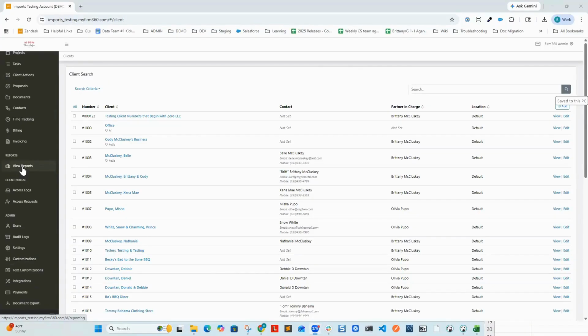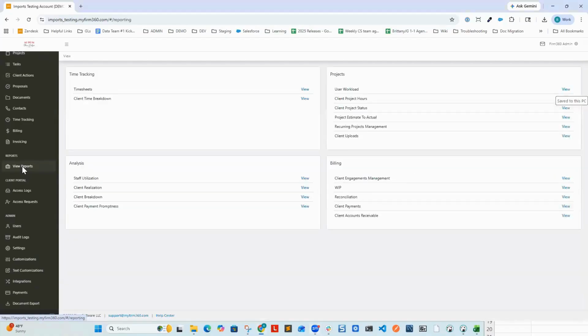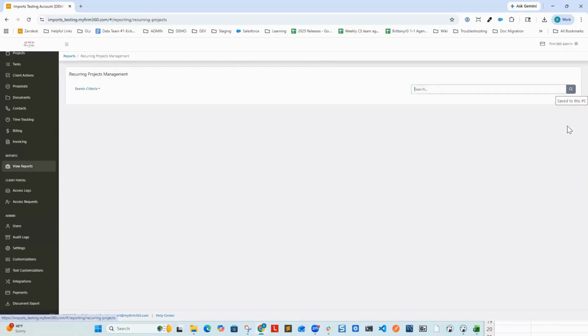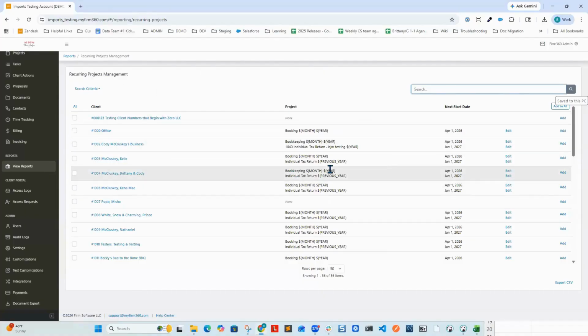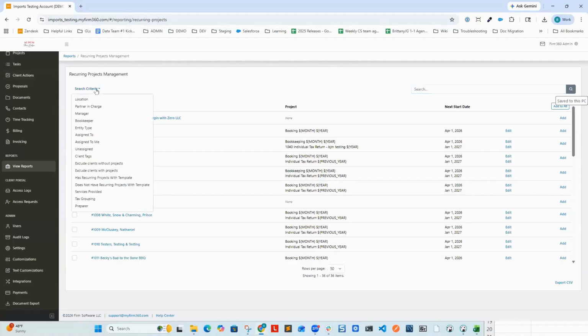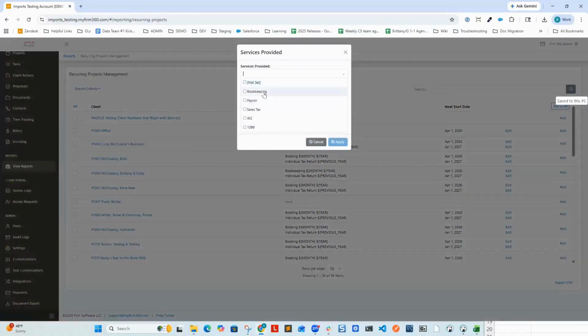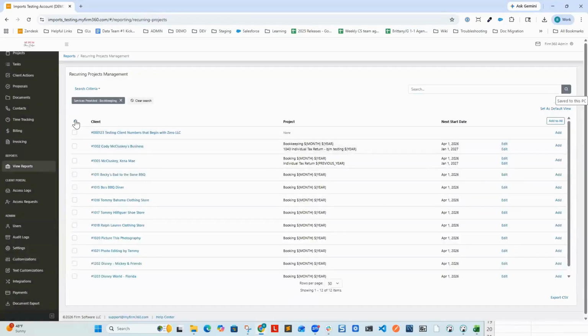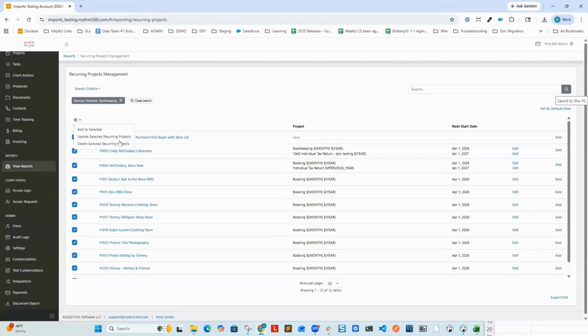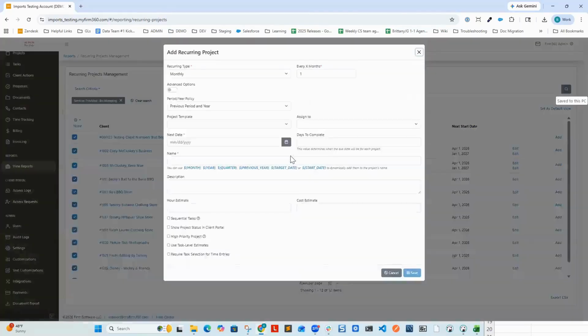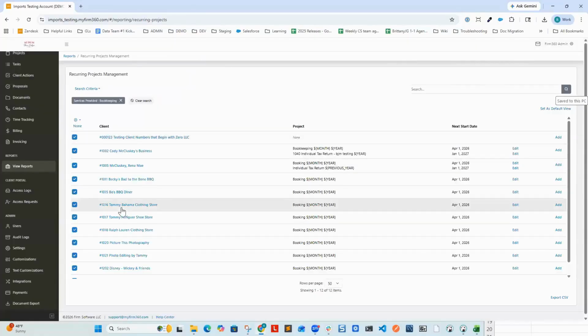Let's take a look at how we can bulk assign projects out using the client custom field services provided. In the black ribbon, go to View Reports. Select Recurring Project Management and select View. This is going to show you all of your clients that have projects and ones that do not. What we're going to do is do the search criteria here. We're going to select Services Provided. And then you can select the service you want. And then we're going to select All here. And then we're going to add to select it, and we're going to quickly add a recurring project. As you can see, that's a very easy way to group your clients,